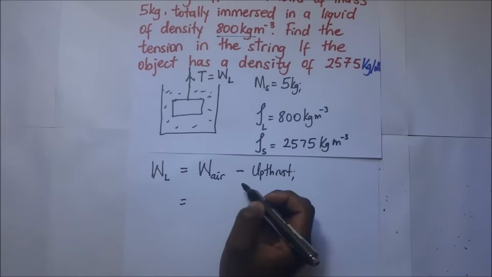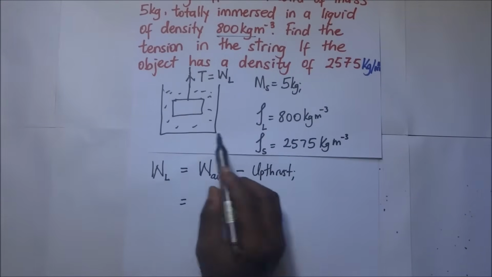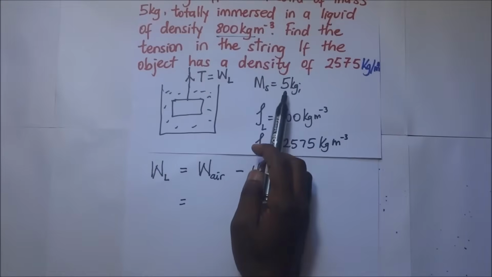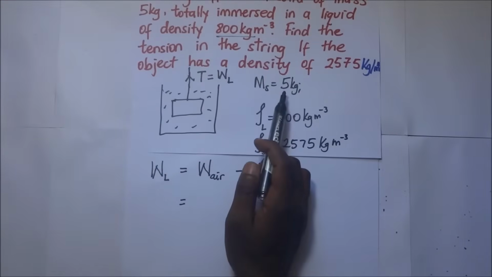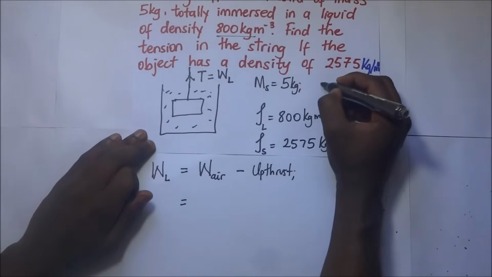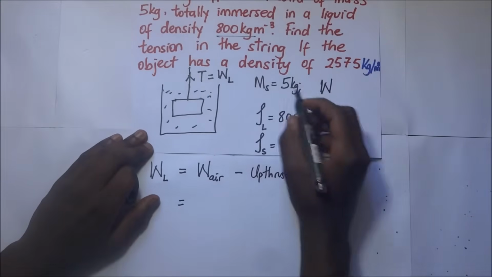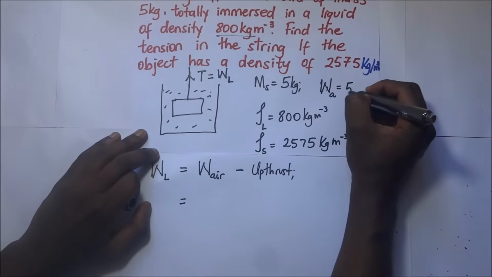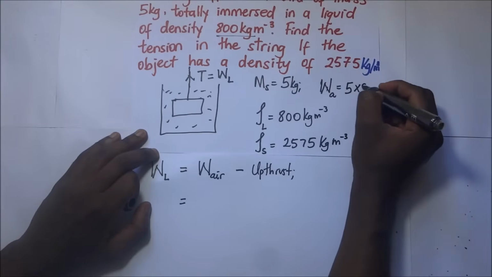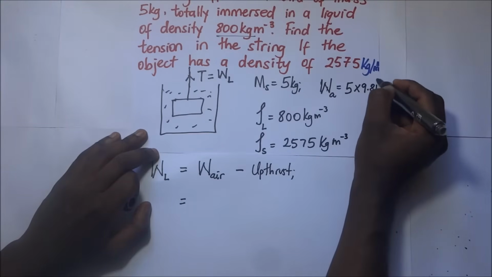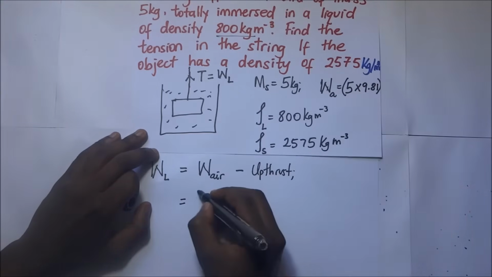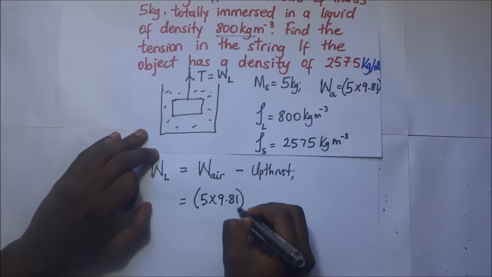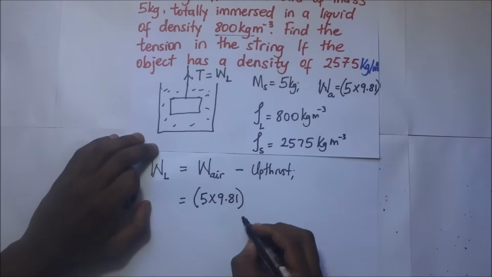Now what is the weight of this thing when it is in air? We have the mass of the solid. We do not have the weight, but we can still find it. The weight of this solid when it is in air is given by 5 kilograms, multiplied by gravity, which is 9.81. So this is going to be 5 times 9.81. That's the weight of this solid in air,